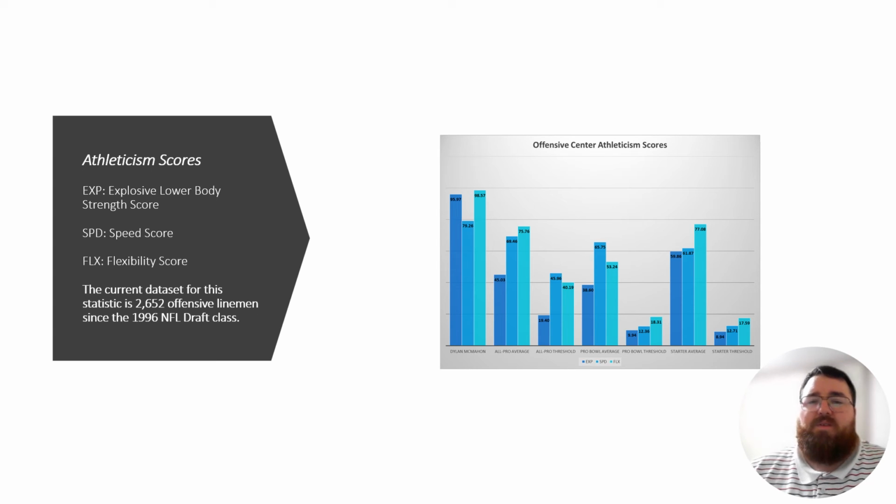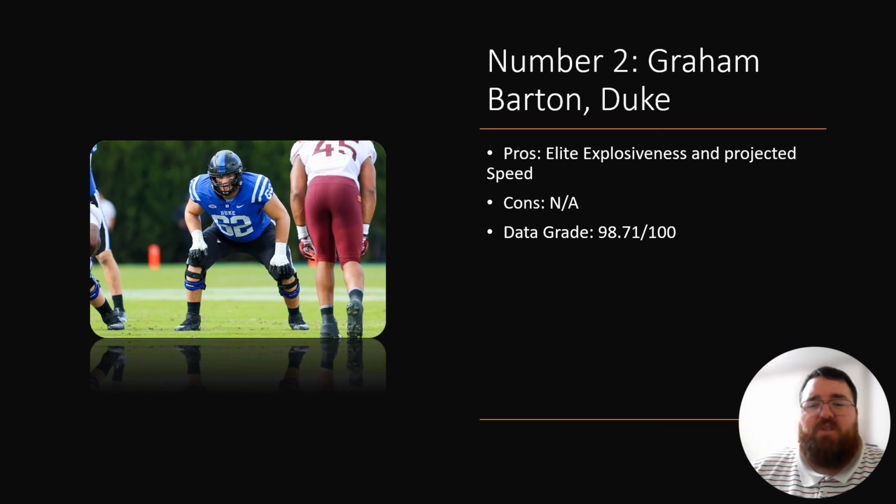Tested very similar sort of a zone blocking scheme center, where his explosiveness and flexibility are much more impressive than his actual speed score. But he has a potential to be the best center from this class because this is a very impressive athleticism profile. Then, of course, we get to number 2 on this list, which is Graham Barton from